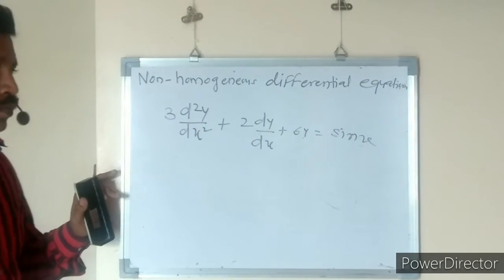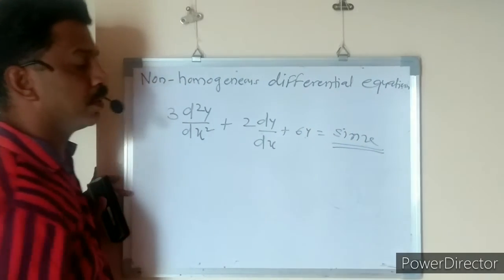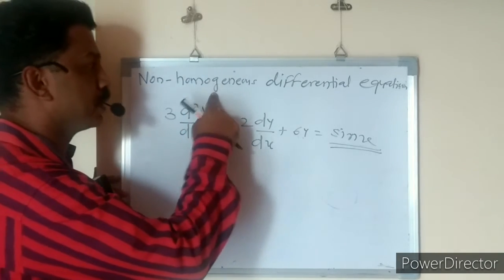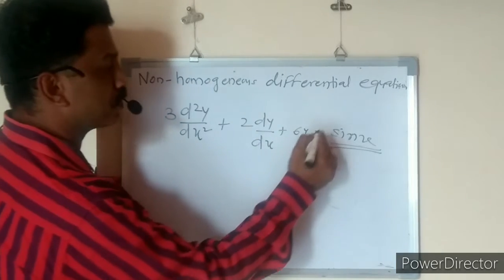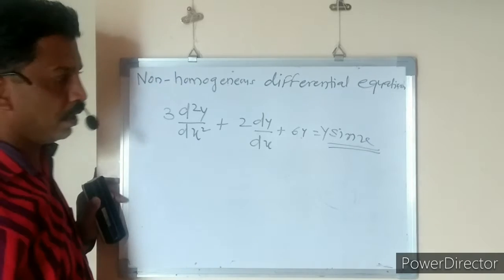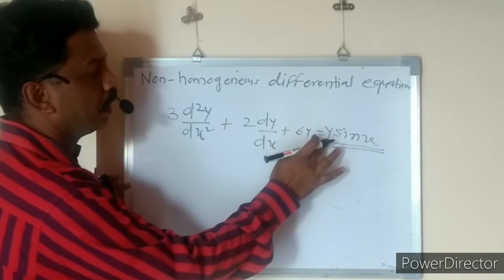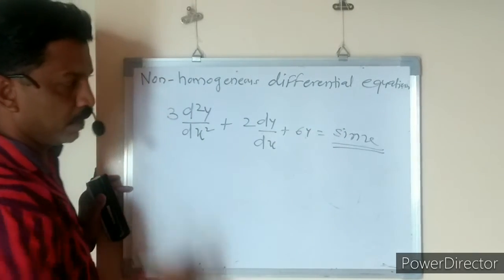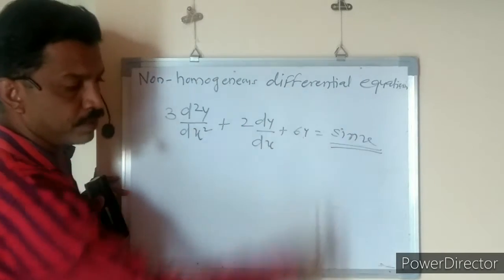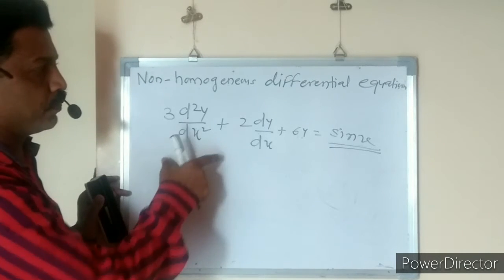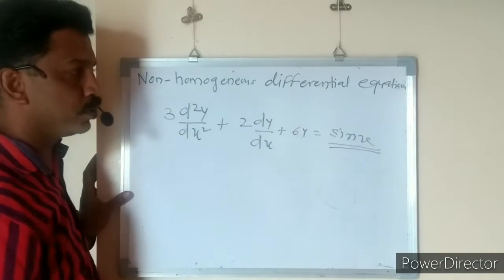Now in this equation also, y is present here, here also, and here also, but here the y term is not present, therefore this equation is non-homogeneous. Instead of sin x, if y sin x is present, then this equation is a homogeneous differential equation. And if the y term is not present in any part of the equation, then it is known as a non-homogeneous differential equation. So in this way we can learn the homogeneous equation and non-homogeneous equation.